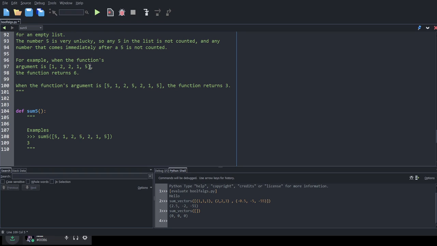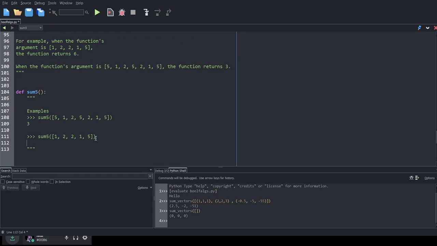And for this example, boom, boom, boom, sum5, boom, boom. And for here, we'd expect to see 1 plus 2 plus 2 plus 1, 6. And the 5 at the end is not included in there. So here we've got to say for the description, we want to have, given a list of numbers, there might be floats, but our examples are all integers, but we've got to be ready for floats in the event that is the case.